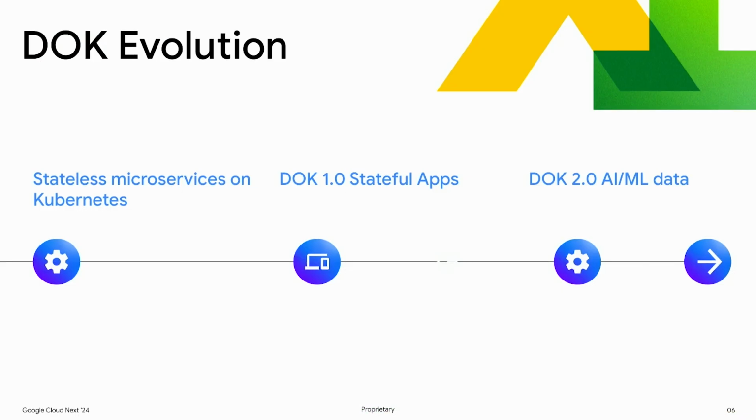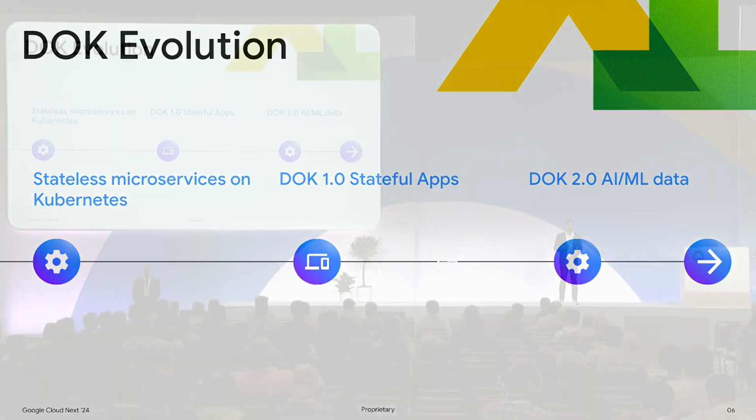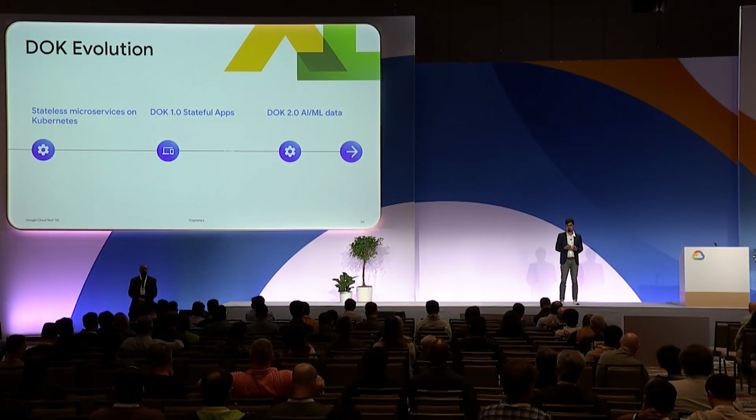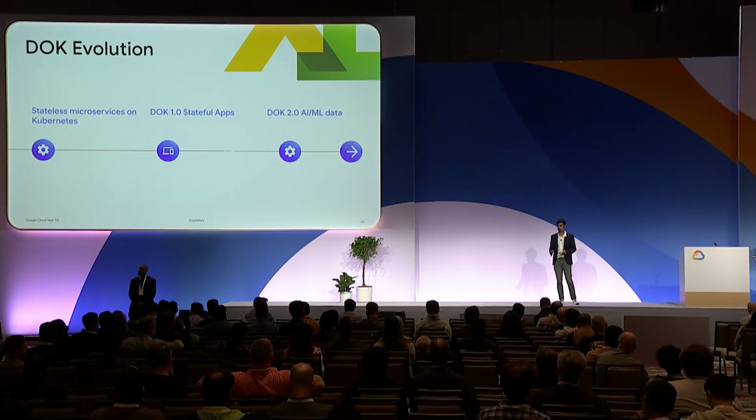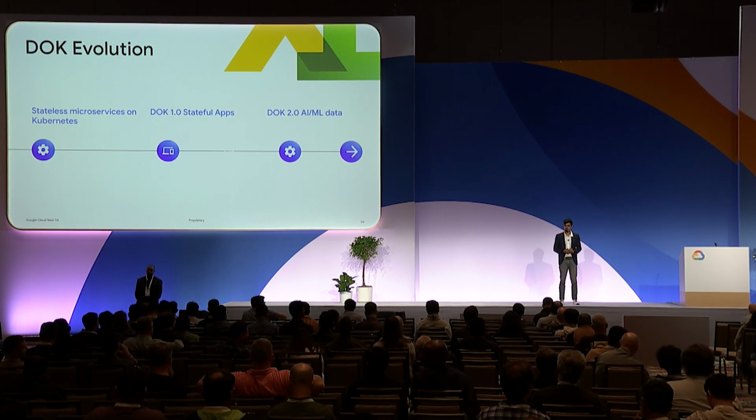So typically, data on Kubernetes has been really popular with stateless applications. These are ephemeral applications that are request response based. But over time, we've seen customers run data on Kubernetes in terms of stateful apps. It could be your Kafkas of the world. And even some of the newer apps like vector databases are being run on Kubernetes as well. So Kubernetes moved from the stateless world to quite a stateful world, and stateful applications are a real deal now, as you'll see in some of the data shared later.